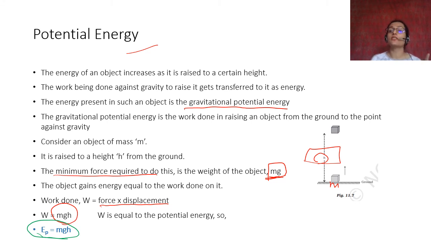An object in a given position can have different potential energies with respect to one level. यानी अगर इधर उसको लिया तो इसकी potential energy will be different from the potential energy it is given here, because the height is lower. So if the height is lower, the potential energy is lower. If the height is higher, the potential energy is higher.